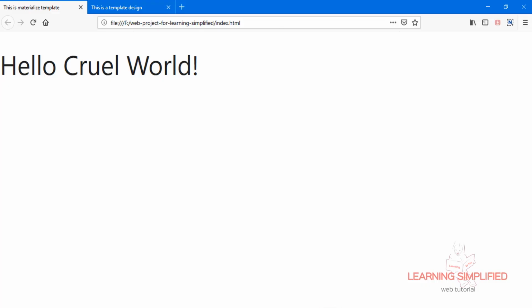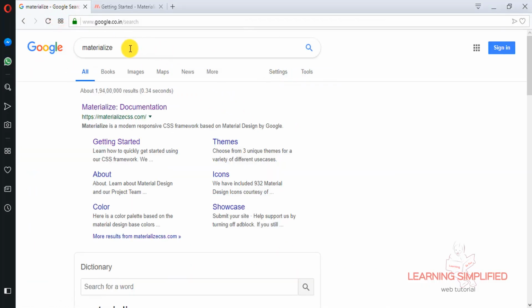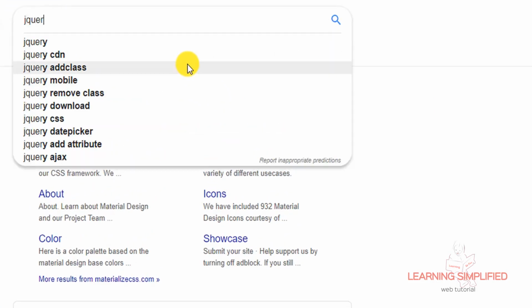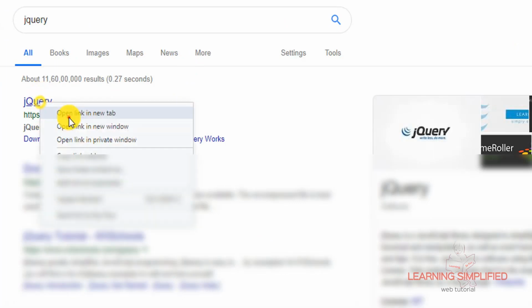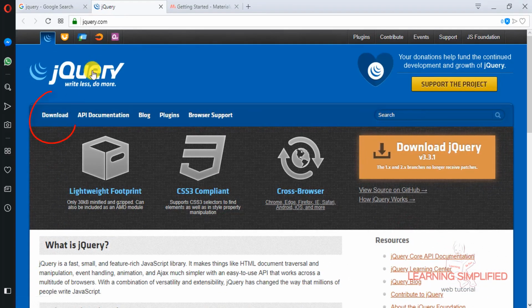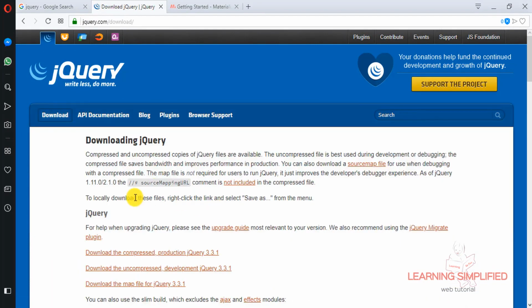So we will be getting back to Google, and first of all look for jQuery. There it goes, jQuery.com. There comes jQuery. We will be clicking on this download button. We have clicked it.